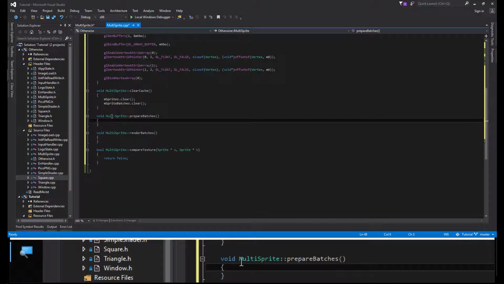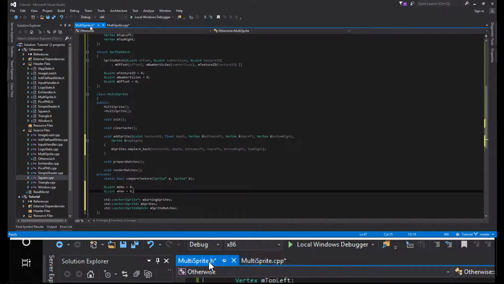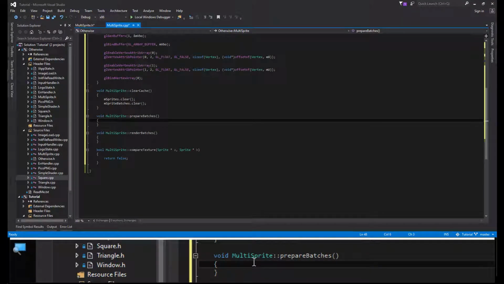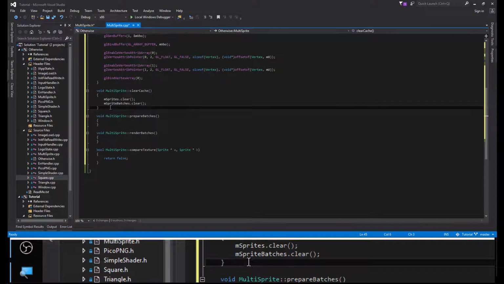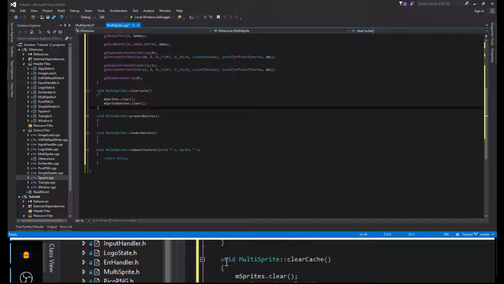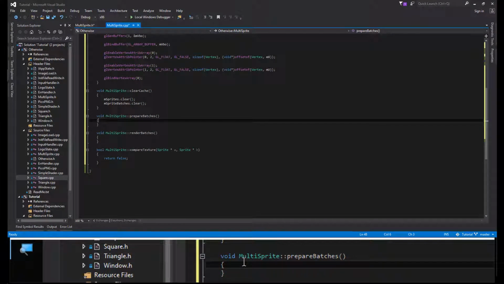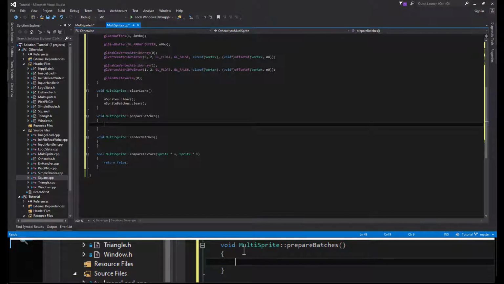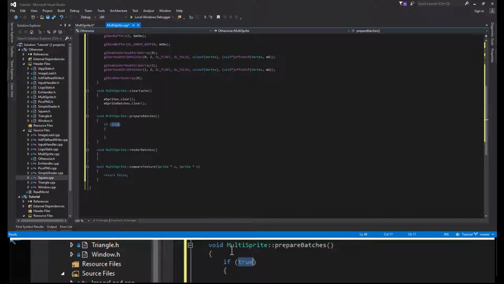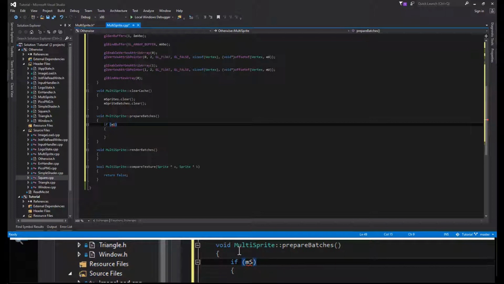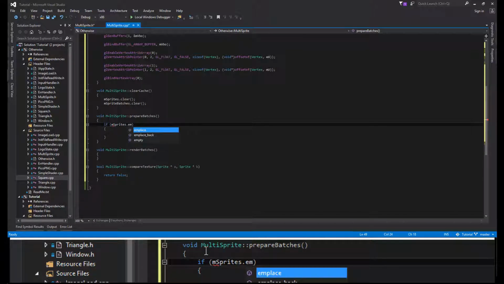So then prepareBatches. This is going to be called, if you'll remember, after addSprite. So in the list of things we do, we clear the caches. No. We don't clear the caches. We add sprites. Then we clear caches in the draw loop, and we prepare batches after we've added all of our sprites. So we want to check if we have sprites. So if mSprites.empty,